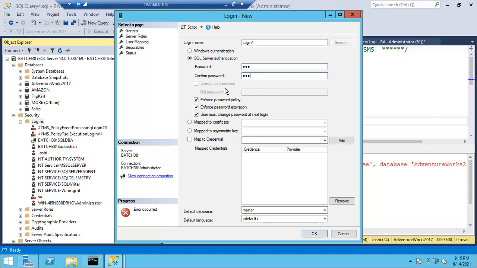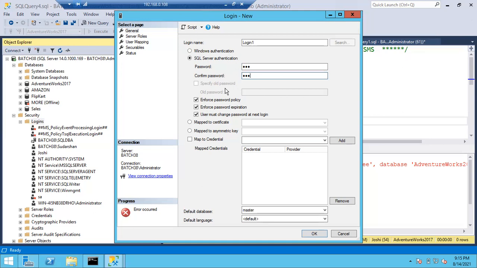Yeah. So in case they're asking for an existing account, we can create it, but we have to ask them whether they are looking for a Windows login or SQL login. Sometimes they don't understand what a Windows login or SQL login is, so you have to explain to them: this is the Windows login, this is the SQL login. 90% of users will use SQL login only.